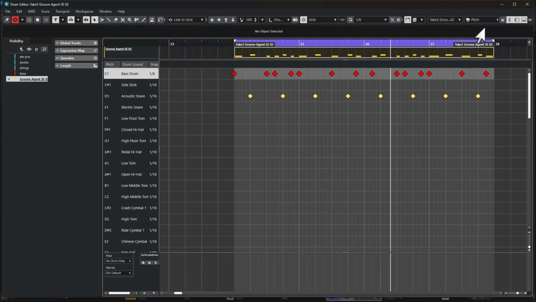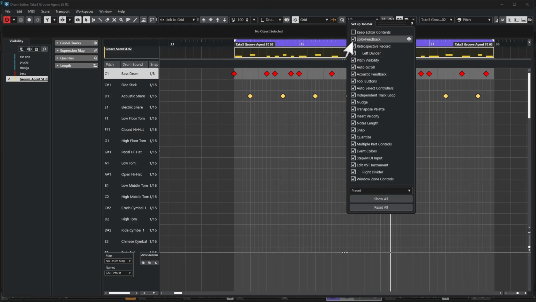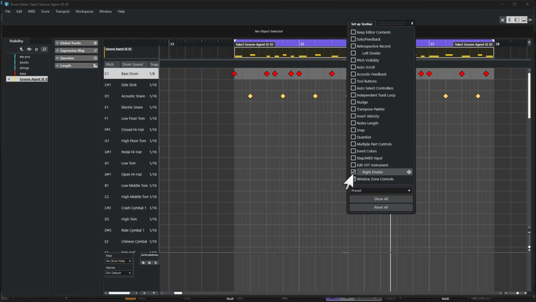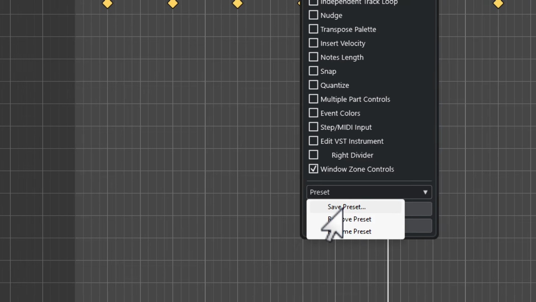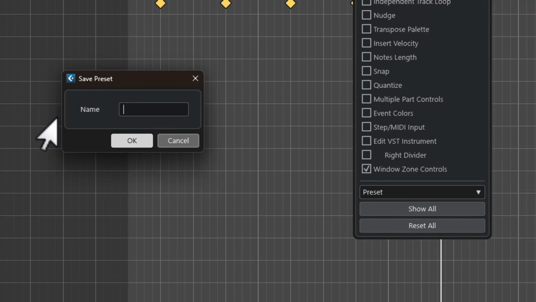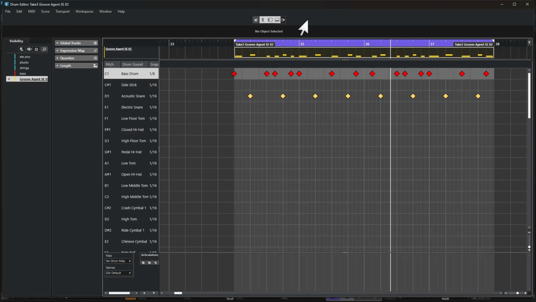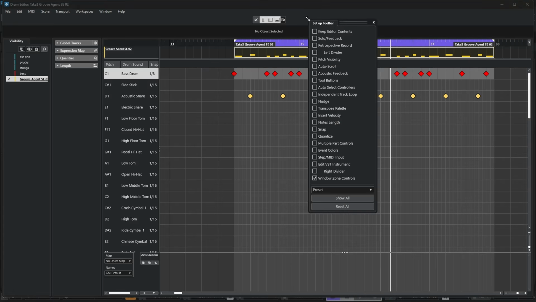So again, my recommendation when you're first getting into this, or even just as a general workflow, right-click in this area and uncheck every selection except the very last one. They've set this up now that if you uncheck everything, it will just reset its view again and all your buttons will come back. But once you've eliminated everything except one button at the bottom, come down to this area that says Preset, choose the option to save a preset. I recommend calling it Empty, hit OK,